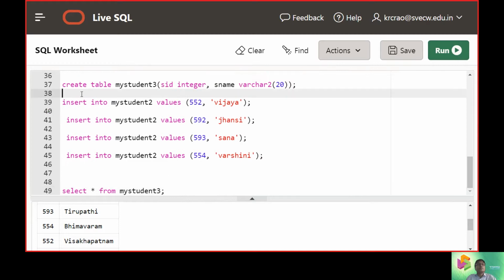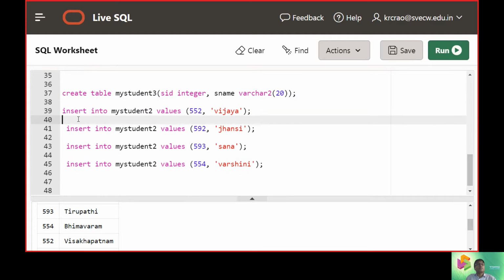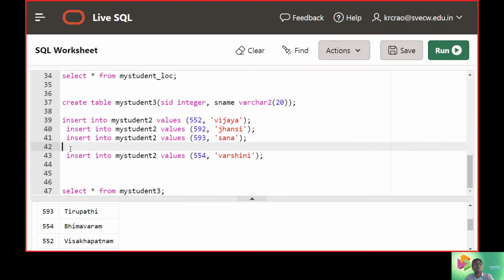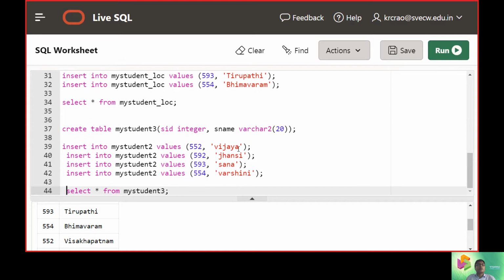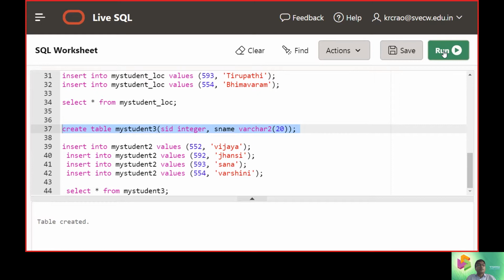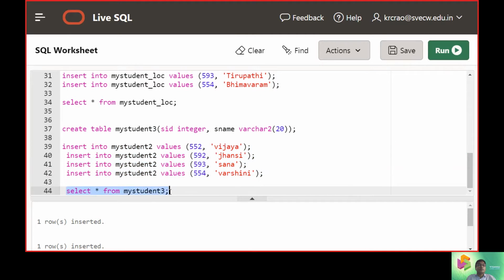Now we are working with the insert commands, creating the my student 3 table. The table was created, then 4 records are inserted. Then in my student 3, we will check whether the data is there or not.